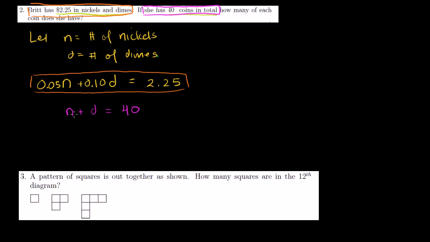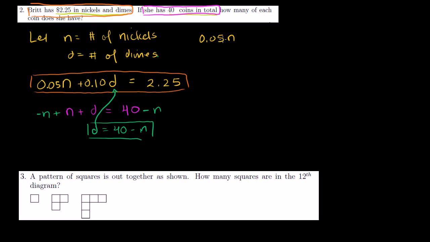So if we subtract n from both sides of this equation, negative n plus this minus n, obviously these cancel out, and you're just left with d is equal to 40 minus n. We just established using the second statement that d is equal to 40 minus the number of nickels. And we can use that to substitute back in for d. So this first equation will now become